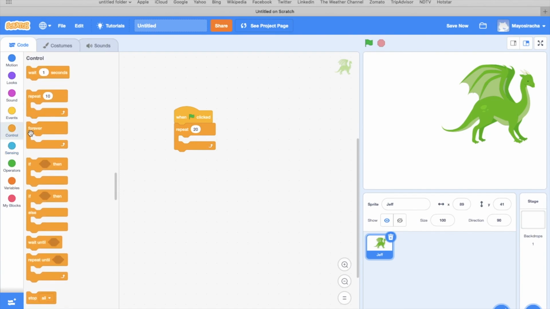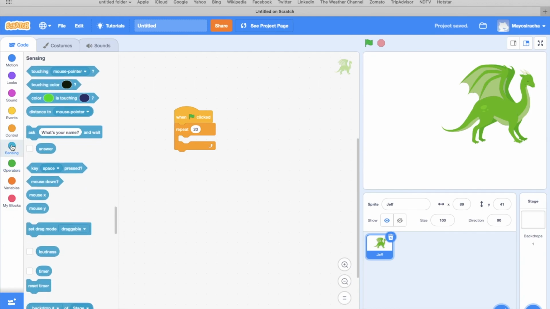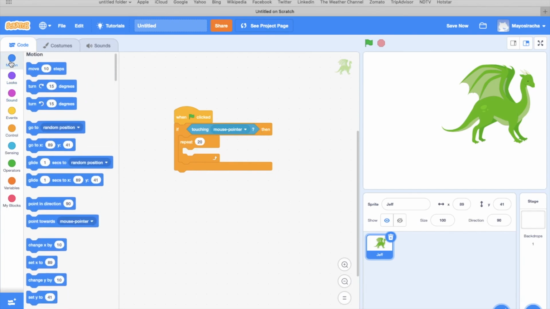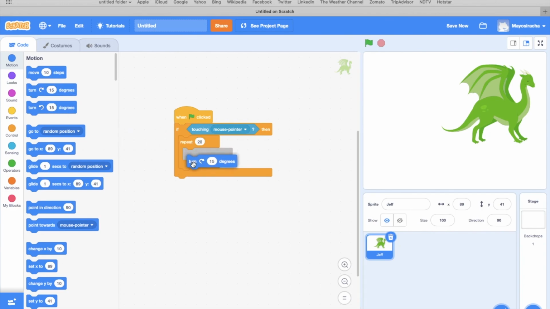Control and sensing, I mean. So go to touching. So bring out this and go to control and bring out the if blank then. So if touching mouse pointer, then repeat 20 times and turn 15 degrees. Go here and